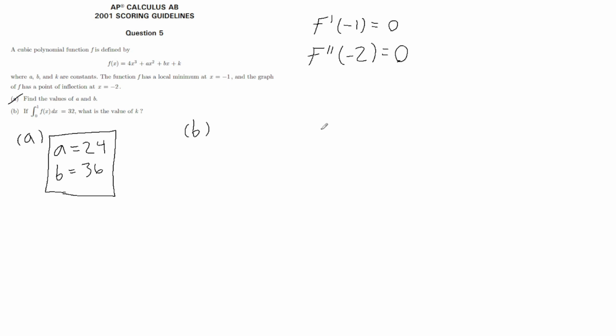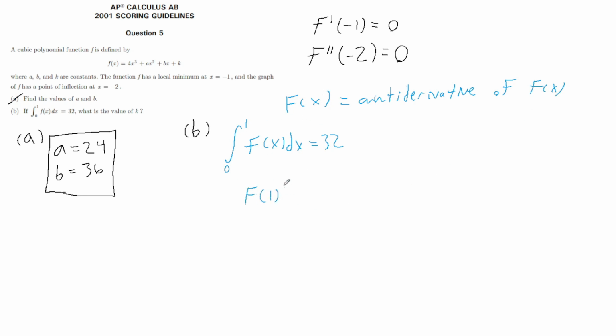So with this information given in part B, we know that the integral from 0 to 1 of f of x with respect to x is equal to 32. And therefore, let's call the antiderivative of f of x big F of x. So we know that